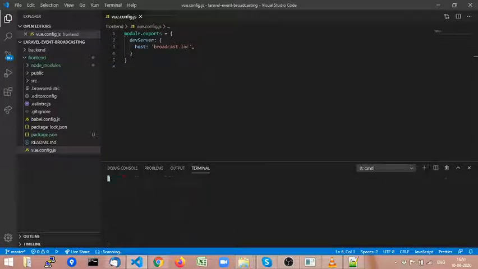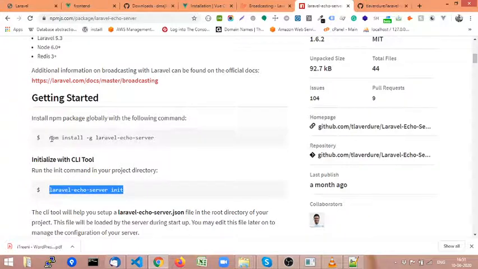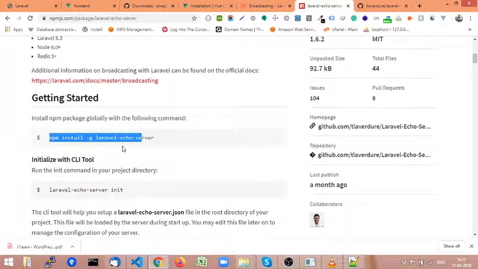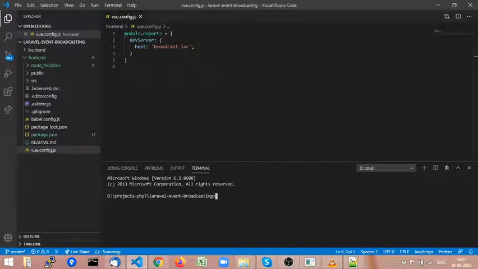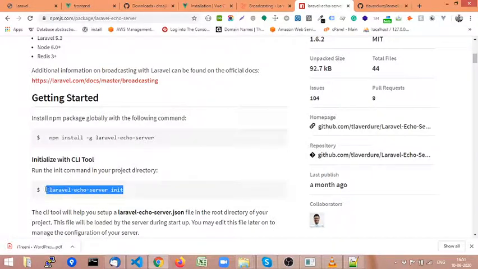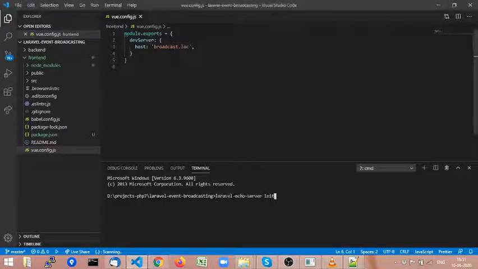Let me open a new terminal, and since I have already installed Laravel Echo Server, I am just going to run the init command. Do you want to run this server in development?